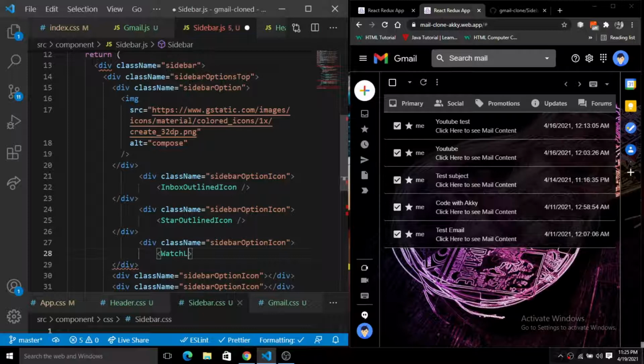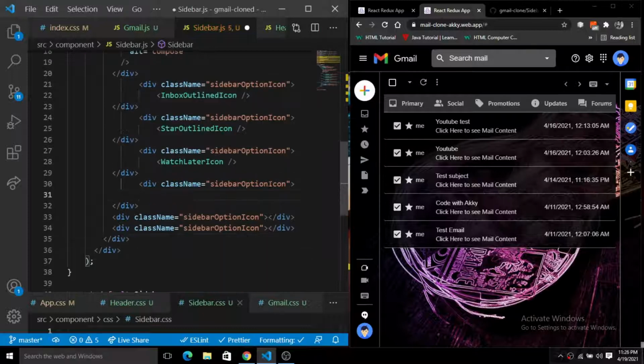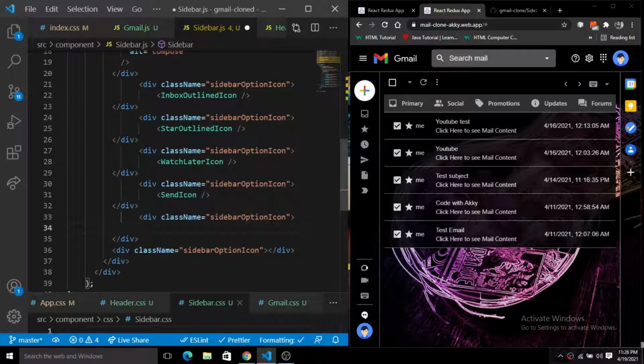And the next one is the send icon. So we have this send icon, and next we have the insert drive file icon. So let's put this also, insert drive file icon.